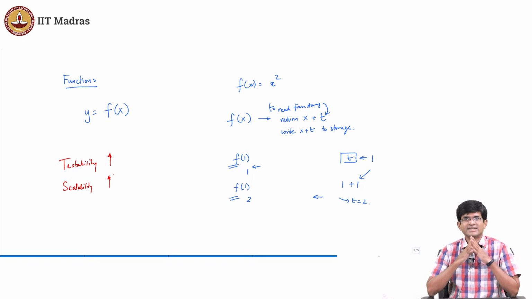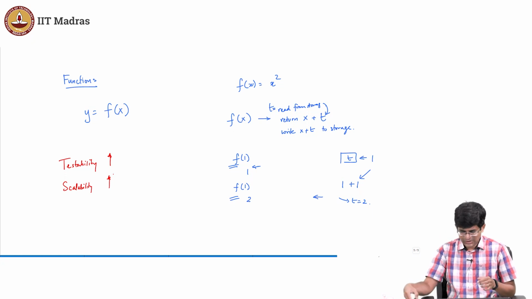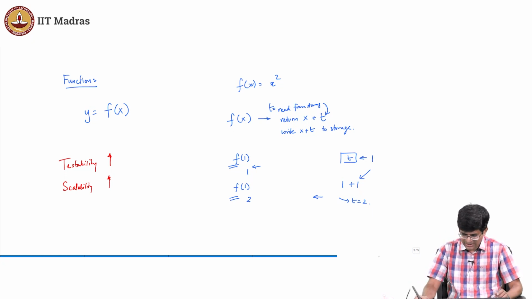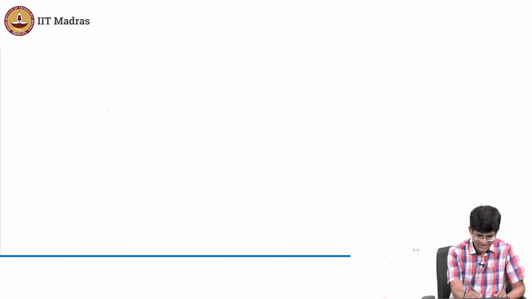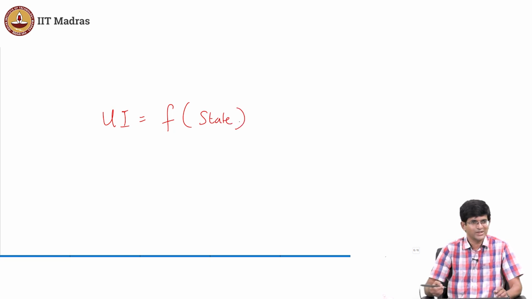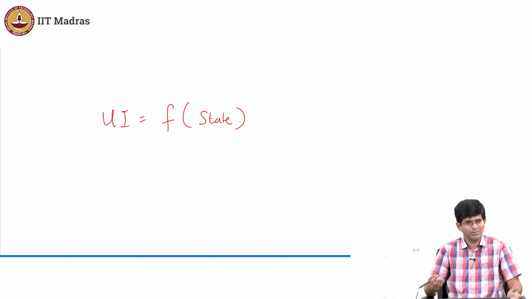Yeah, so actually state is something slightly different. If you look at even something like Vue or React or whatever it is, the core idea of those libraries in fact is this thing: UI is equal to f of state. This is one slide that I put up in the AppDev2 course also. And what does that mean? It basically means that you now have this way by which a program can be composed of multiple different functions.